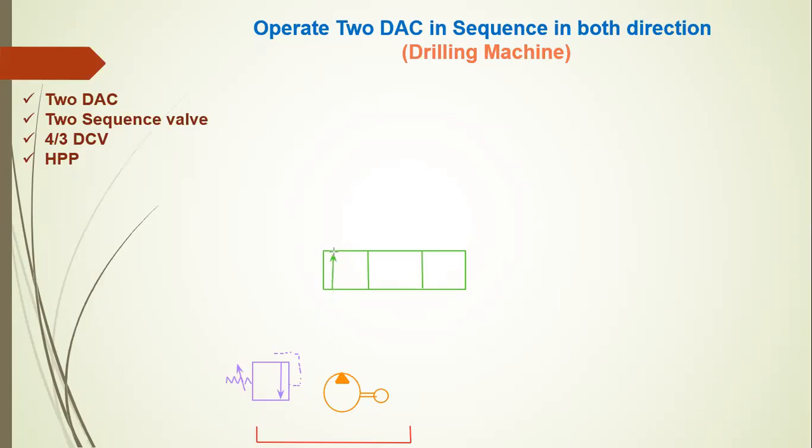In the first position, give parallel in and out for the direction control valve. In the last position, give the cross in and cross out condition. In the mid position, give any type of operating condition. Here I give the closed condition for the direction control valve in the center.